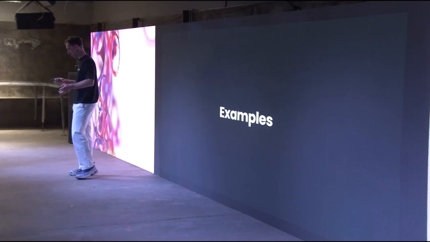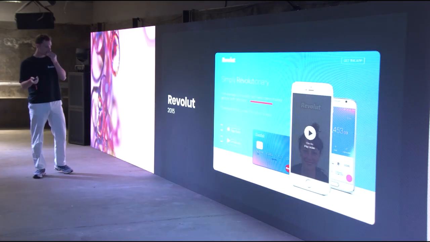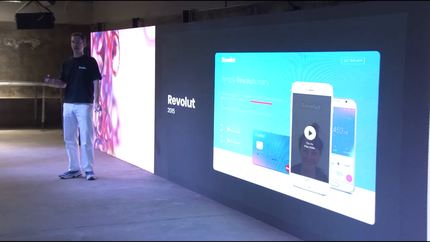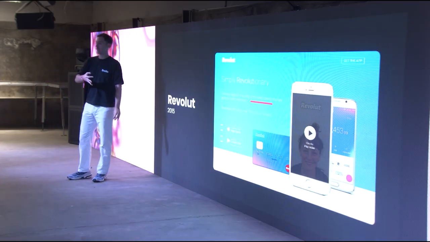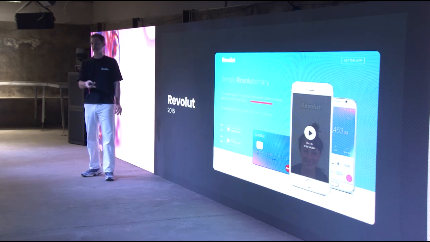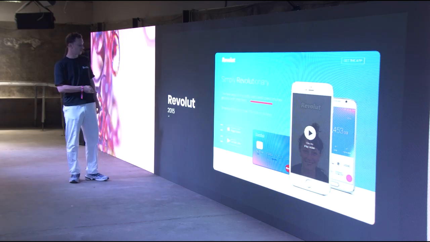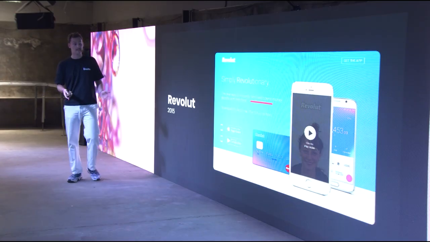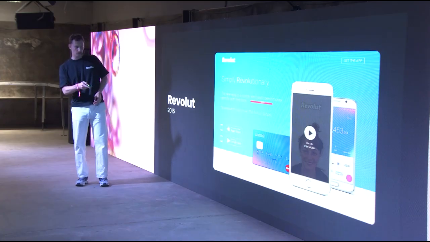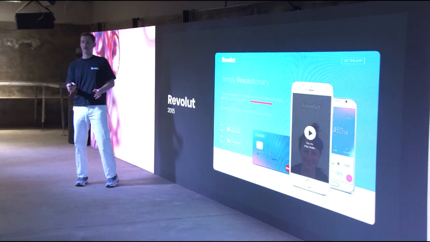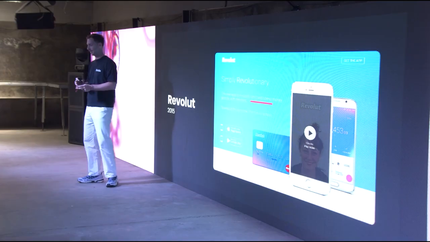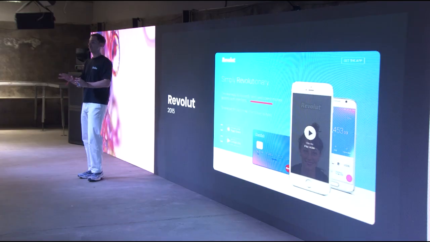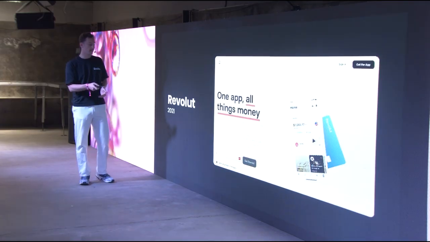So a couple of examples or success stories. The first one, Revolut. And I like to go on Web Archive from time to time to see how the successful teams of today were at their first day of launch, right? So it's 2015. Revolut, the app that we know now, is 10 years before. What they do, and we don't see it well, but on their landing page, they were only about sending and spending money. Literally, you could only do that. And this is a very good example of starting small and then scaling later. And you will see how they scale.